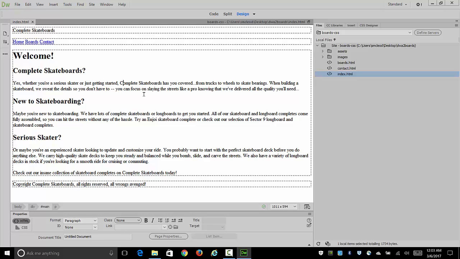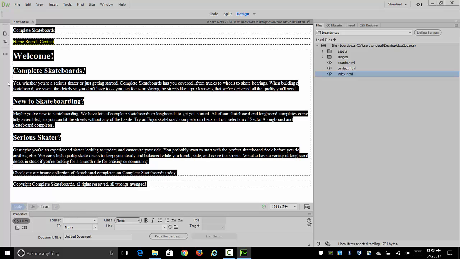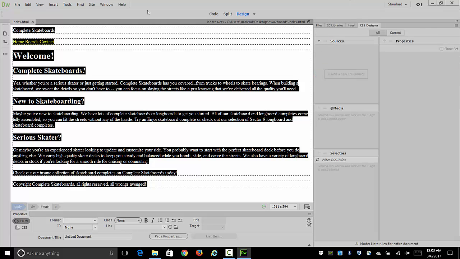We're going to begin with a basic style on the body. Now notice in the tag selector here, the body is the surrounding tag for the whole page. So if you want some style to take effect across the entire page, the body is the one to do it with. We're going to be using the CSS Designer panel